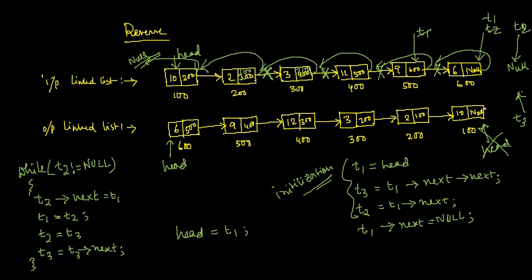If you don't have proper null, not only pointer is important, but keeping null in proper place is also important, because that is the only criteria on which you traverse. If you don't put null in the next part of the last node of the linked list, then it will be pretty difficult to stop the display function. Because we have seen that in case of display, we write while t not equal to null. If you don't have any null, then it will never be able to reach null, so you will be in an infinite loop. Your program will fail to display the content of the linked list.